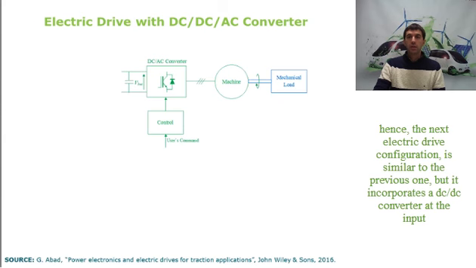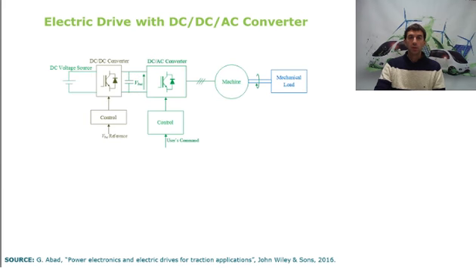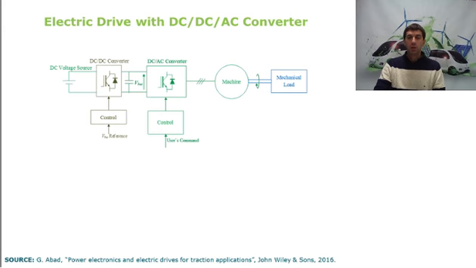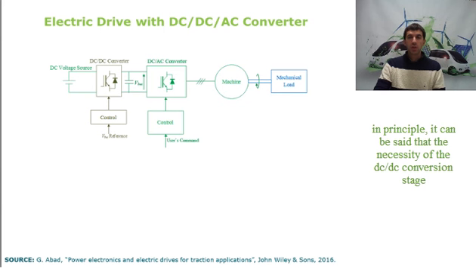Hence, the next electric drive configuration is similar to the previous one, but it incorporates a DC-DC converter at the input. This configuration in general requires two separate control algorithms, one for each conversion stage, as represented in the picture. In principle, it can be said that the necessity of the DC-DC conversion stage